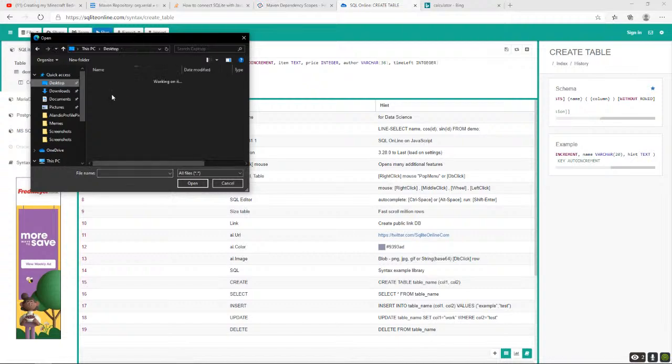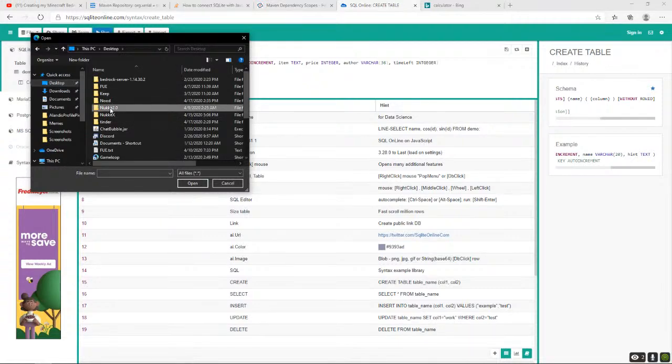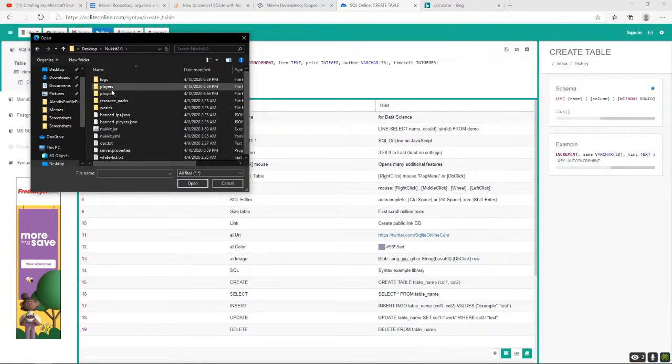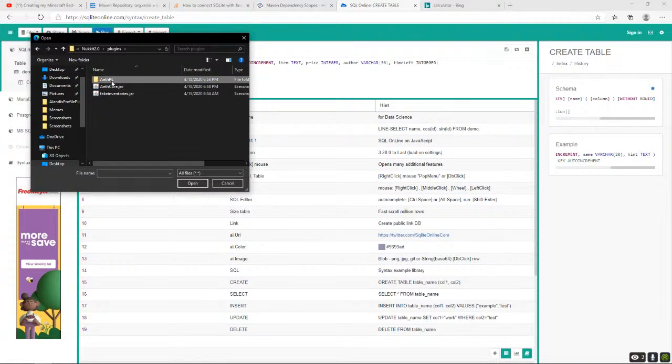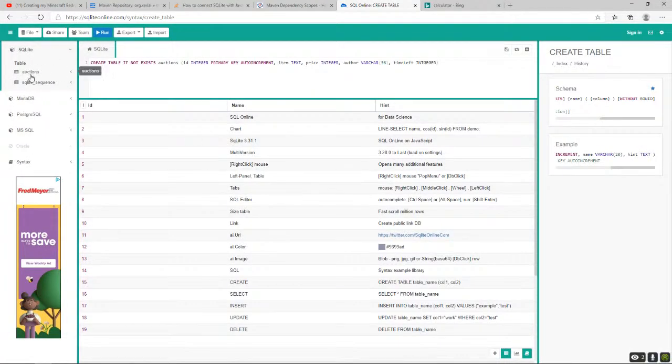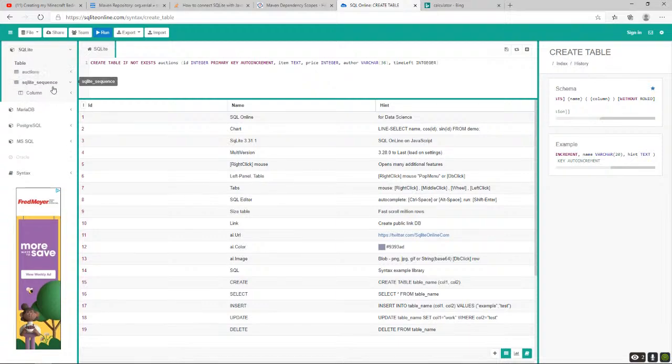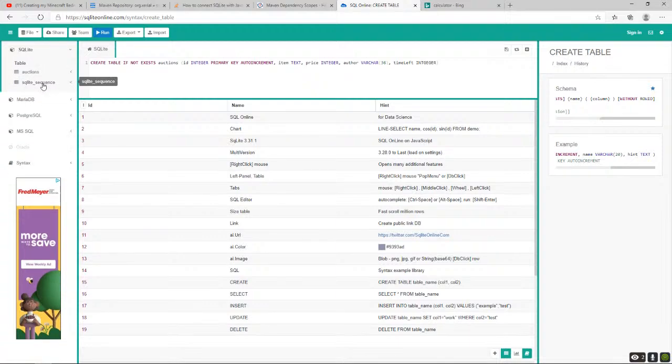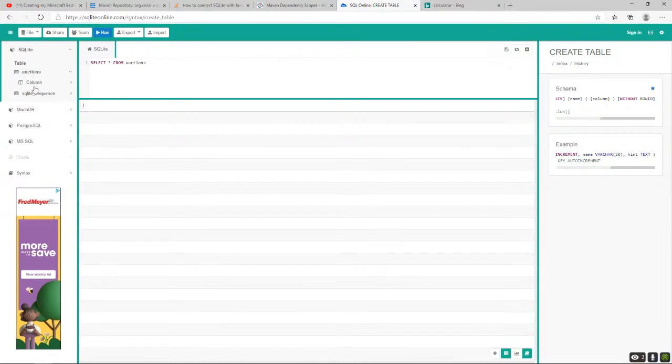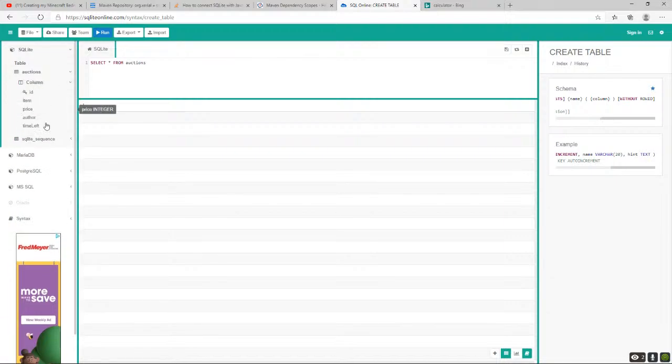Nukkit 2.0, plugins, database, auctionhouse.database. Okay, auctions, wait, what is SQLite sequence? Okay, I don't care. But that's the only thing that really matters, that this is successfully working.